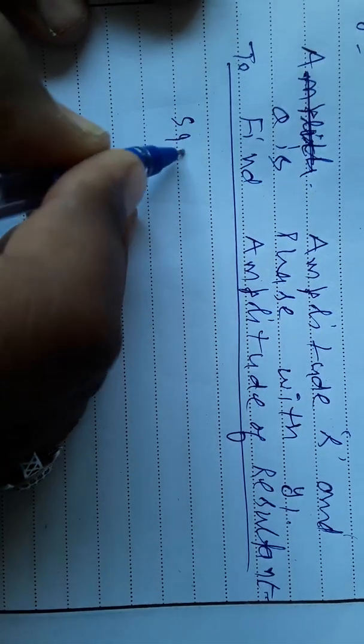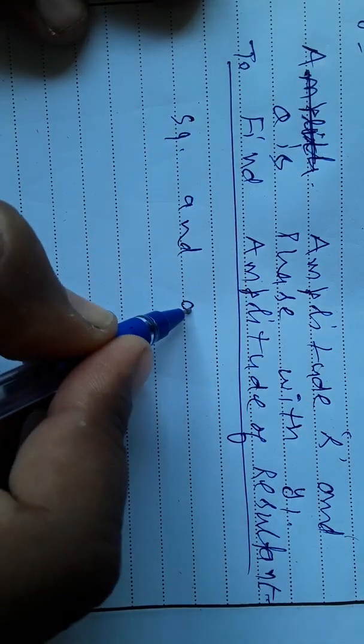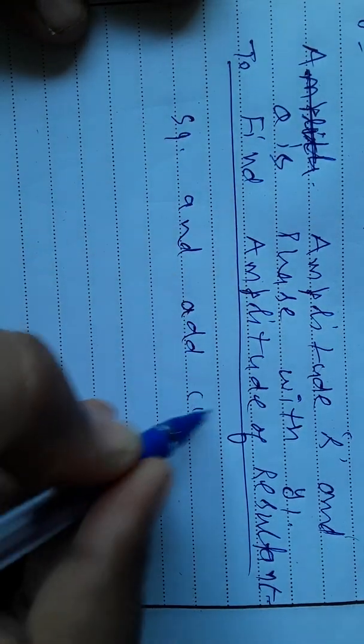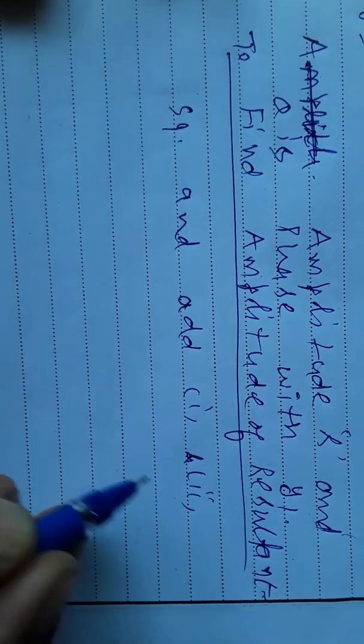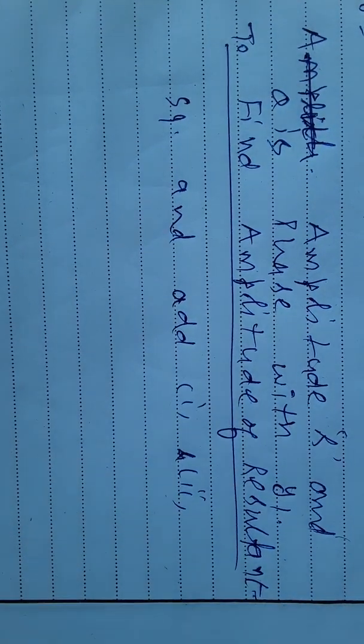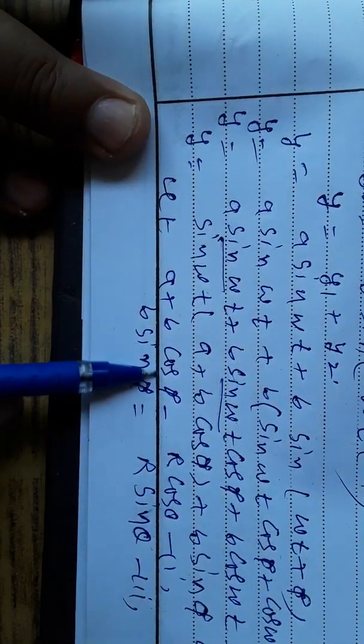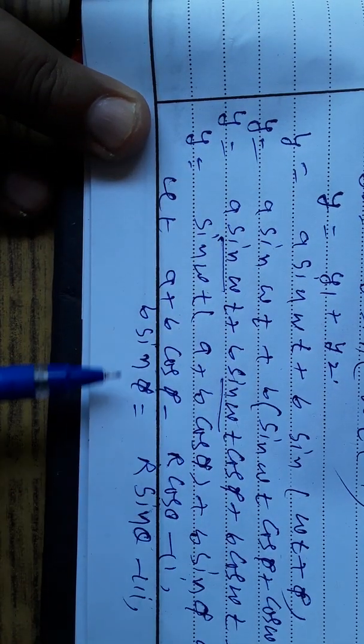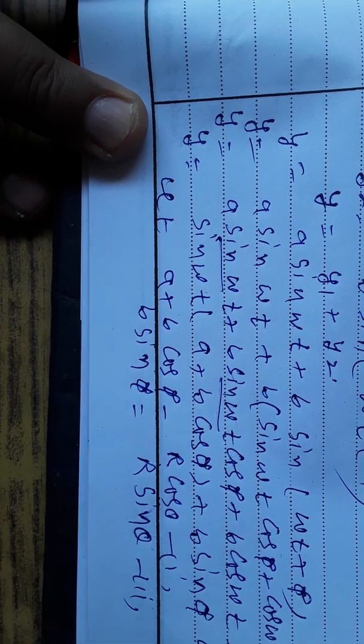So square and add the first and second equations. a plus b cos phi is equal to R cos theta, and b sin phi is equal to R sin theta. So we can write (a plus b cos phi) whole square